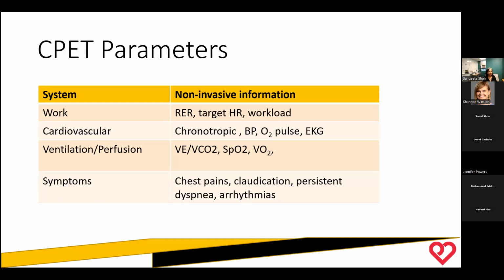And I'm going to highlight oxygen pulse because the CPET team, Justin and I, have been very intrigued by this. Oxygen pulse is a reflection of, does your stroke volume increase when you exercise? And is that a surrogate? Like I said, some of the congenital heart disease patients have a normal EF. However, their cardiac index is low. And before I take them for cardiac cath or any invasive test, oxygen pulse could be a good surrogate. And then, of course, paying attention to their EKG for arrhythmias, any EKG changes.